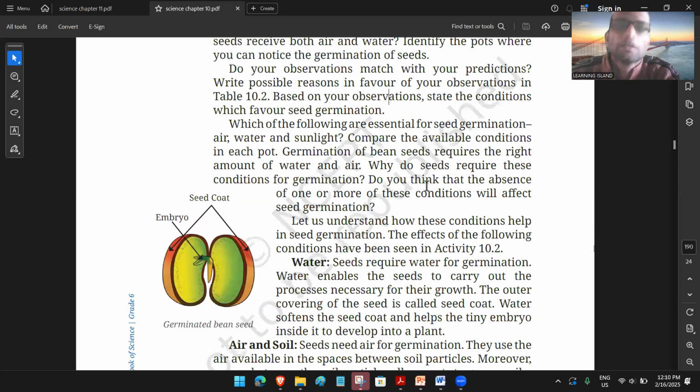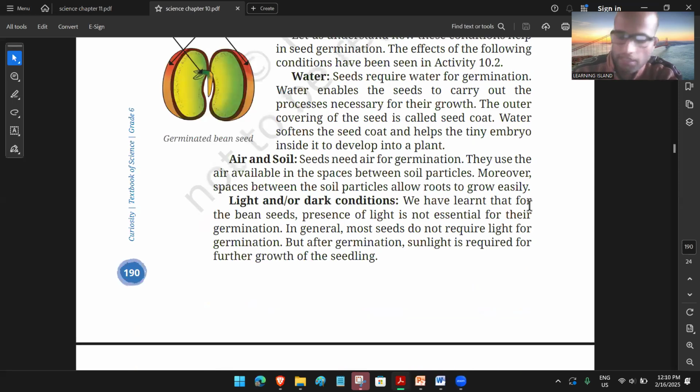वाटर चाहिए, एयर चाहिए और सोयल चाहिए, बताया था ना मैंने। तो how air and soil help? See, seeds need air for germination. Seeds need air, water भी पहले बोल दिया था। They use the air available in the space between soil particles. Moreover, space between the soil particles allows roots to grow easily. अगर soil में गैप नहीं रहेगा तो रूट्स जो है ना नीचे नहीं जा पाएगा, बढ़ नहीं पाएगा।